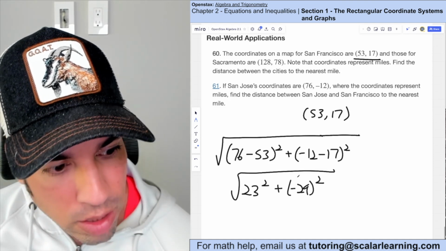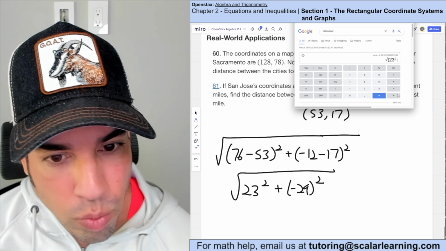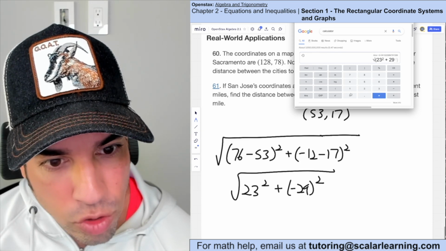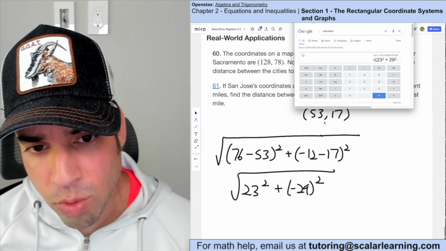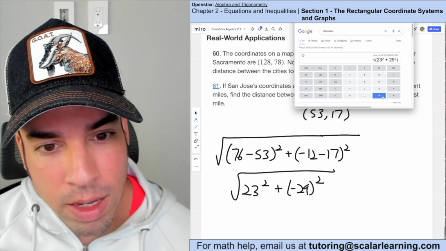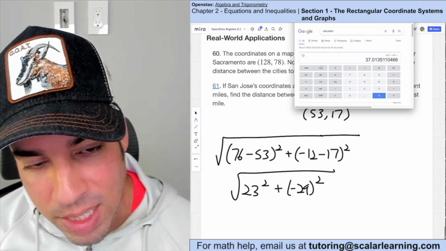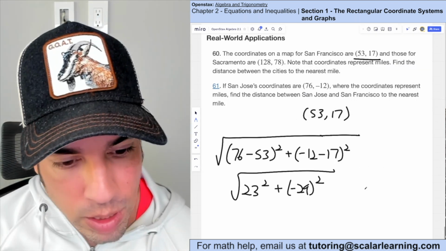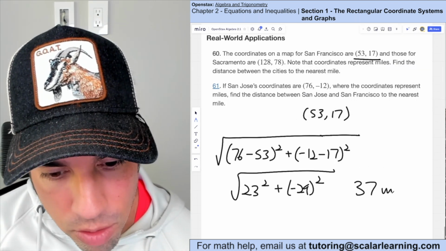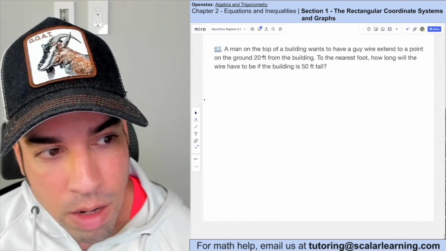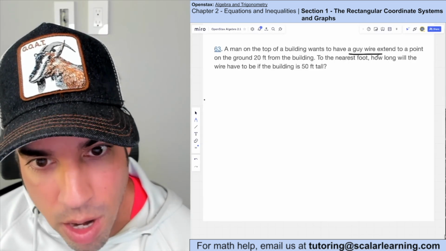And then we're going to use a calculator. Square root of 23 squared plus 29 squared. Again, I'm omitting the negative because the negative squared is positive anyways. And then we get 37.0135, but they said to the nearest mile, which means we can go with 37 miles. Boom, done. A man on the top of a building wants to have a guy wire extend to a point